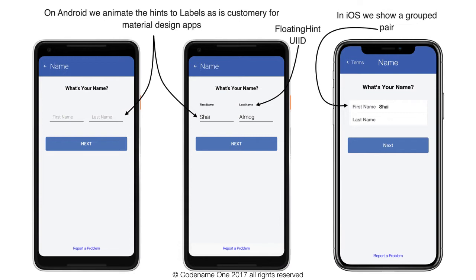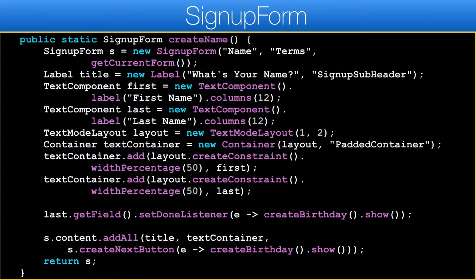This is part of the magic behind the text component class. On Android, we animate hint labels in the style of material design, and in iOS we show a grouped pair. Let's go right into the create name method. Text component is a text input component that combines the label and text field into one component and automatically adapts